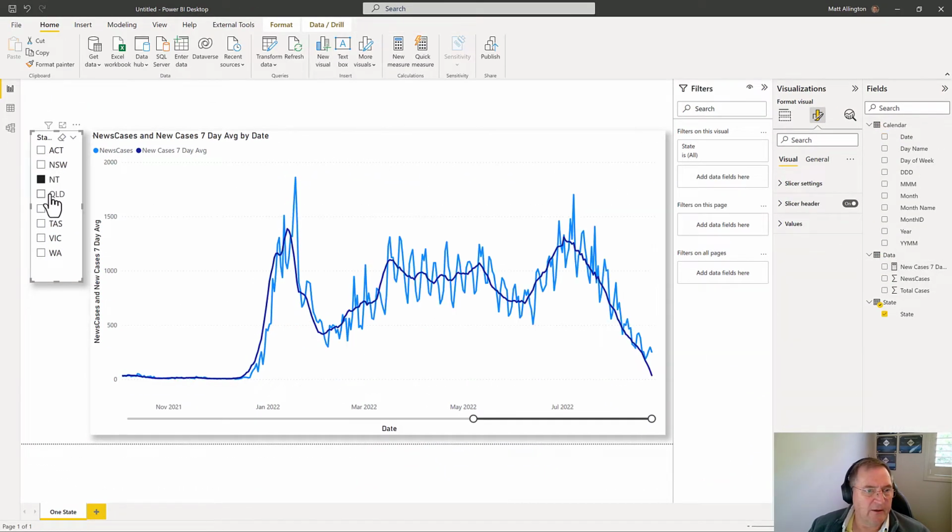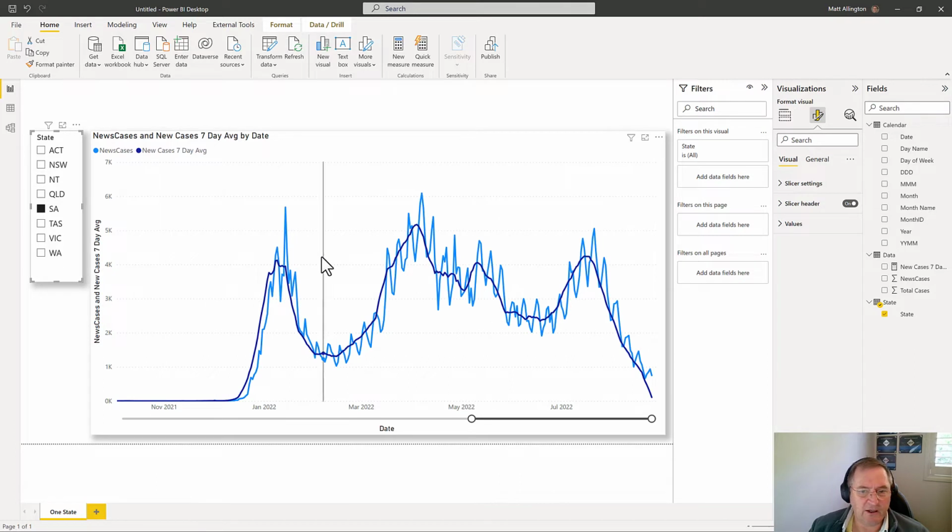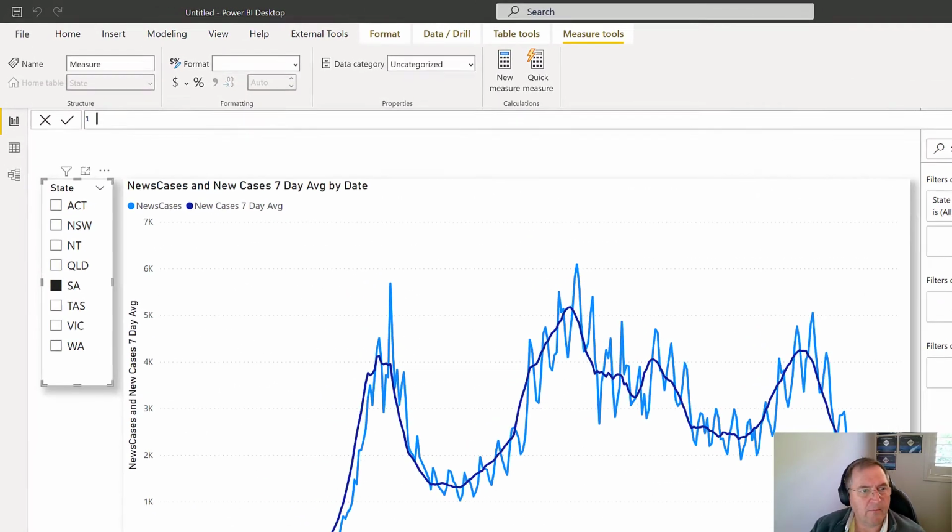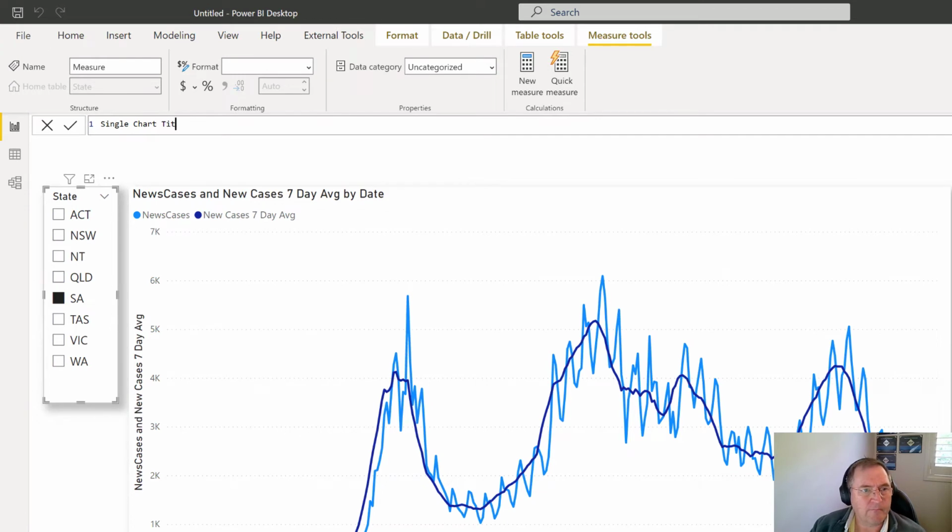I've got a state selector here, and I've got my smoothed average. What might be nice is to change the title of this chart. So what I'll do is write a measure that gives me the title that I want that responds to this slicer, and then I'll use expression-based formatting to set the title. It's arguable where I should put this. I think I'll put it in the state table, and I'll call this my single chart title. And so to do this, I'll just say total,